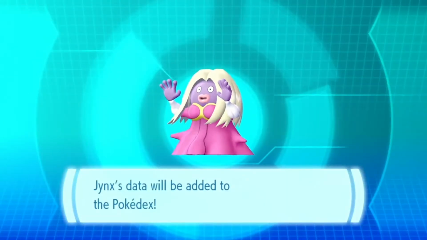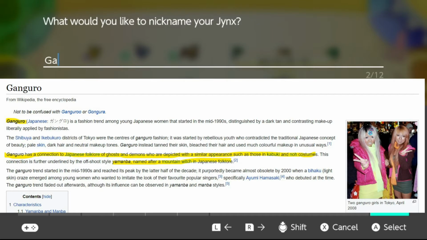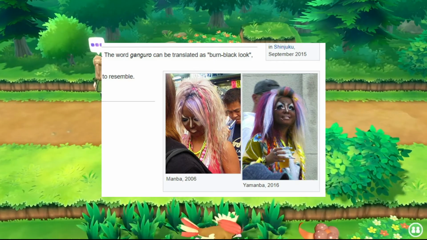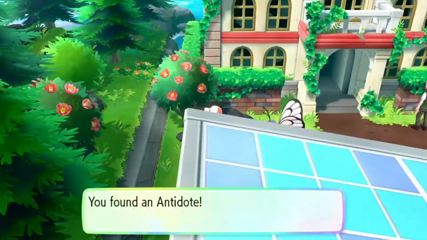However, that didn't end up in our favor, and we did end up nicknaming Jinx Ganguro after the style or fashion that it was named after, which was really prevalent in the 90s in Japan. It had something to do with like extravagant colors and apparently blackface. I don't know. Anyways, after this, we make our way over to Cinnabar Island,